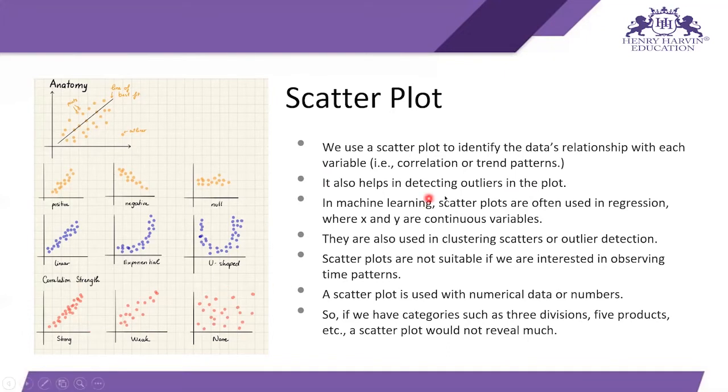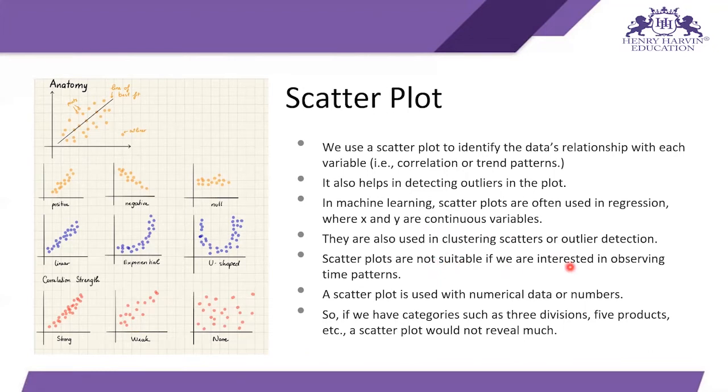Then in machine learning, scatter plots are often used in regression, where x and y are continuous variables. So when you come to machine learning and you are doing linear regression, the scatter plot is also useful. They are also used in clustering and outlier detection. Then scatter plots are